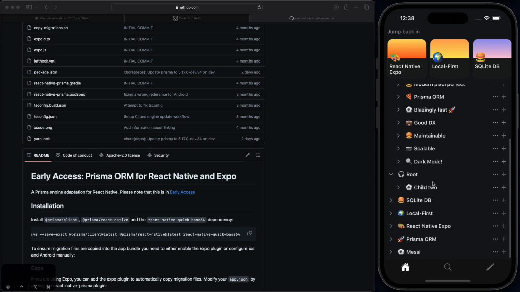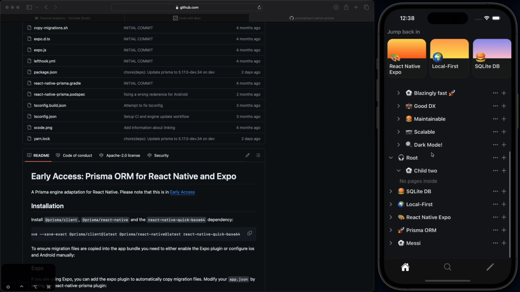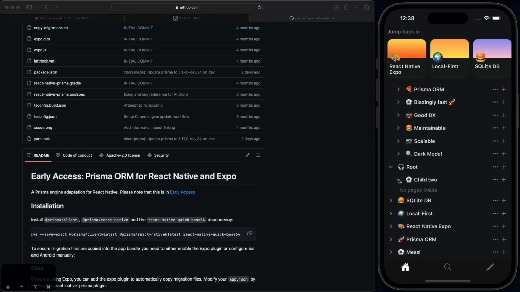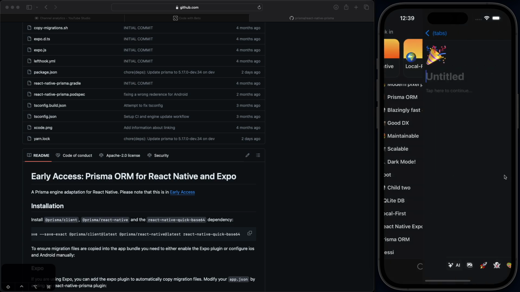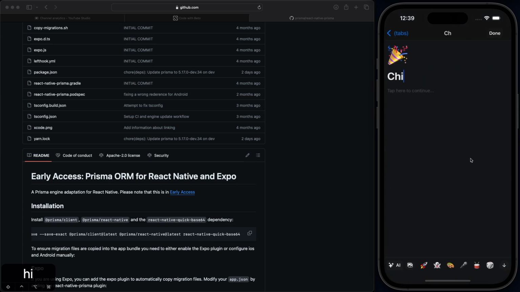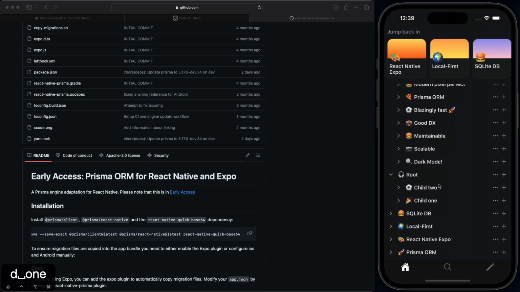We have this example of the root, which has a child 2, and we're missing a child 1 here. And the way we can create files inside files is just by pressing this plus on the right. So let's name this one child 1 and hit save or done. And this will take us back to the home screen, and it will show the newly created file, which is